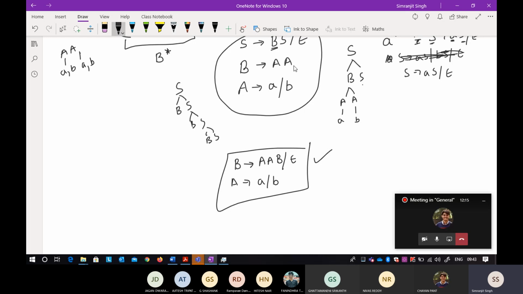Okay, so I just always prefer to take it to the next level. Always try to do it in two or three steps. It will be easy if you do that, but this is also correct. There is no problem in that. This is absolutely correct. So instead of this b, you can write directly aa instead of this b. So that is correct, and that is also correct. I think you get the point here.